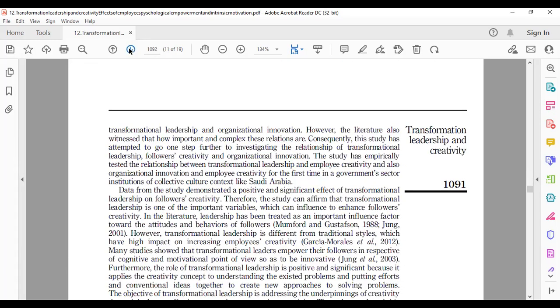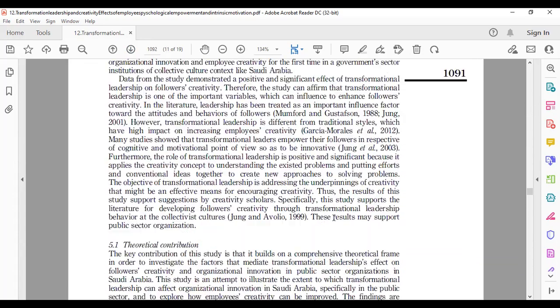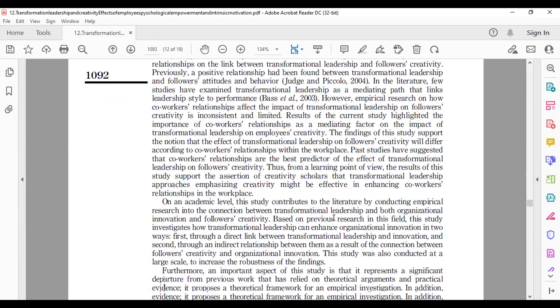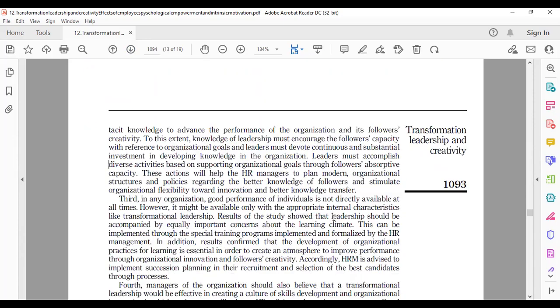And you can go to the theoretical contribution and practical implications, but the three most major things you can study are the purpose of the research design, the research population, and the most important, the instrument, and fifth, the results. These five things you can read from your research article.